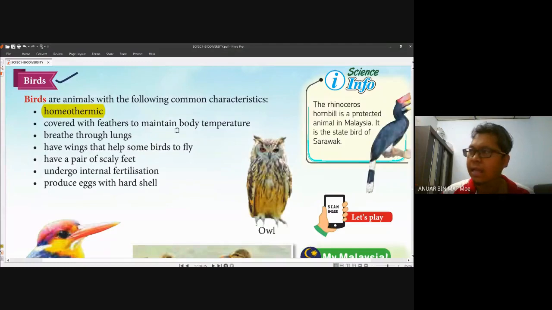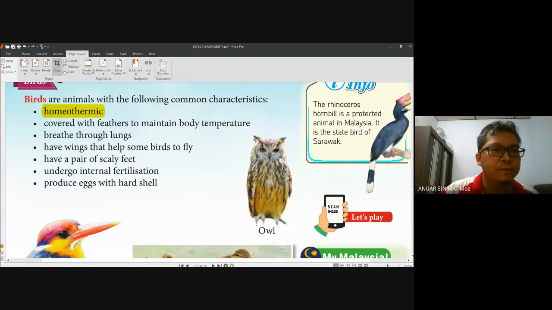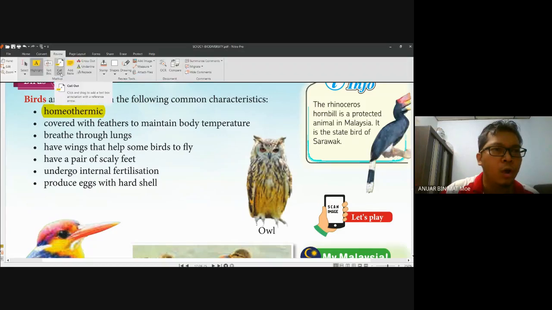Meaning that no matter what the temperature outside the body, which may be too cold or too hot, the internal temperature of the organism maintains the same. This is what we call homeothermic, or warm-blooded